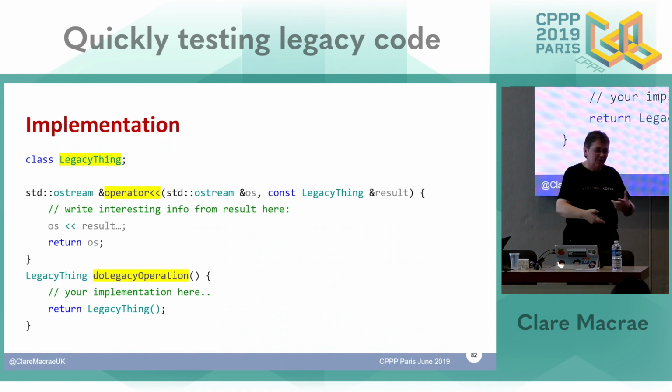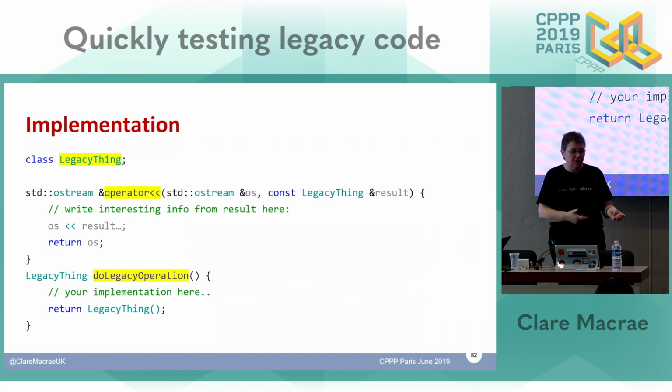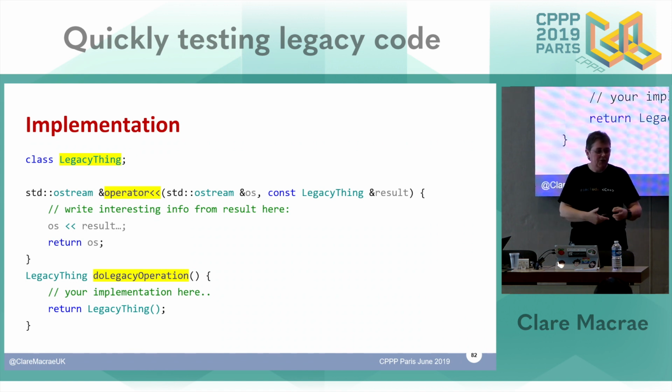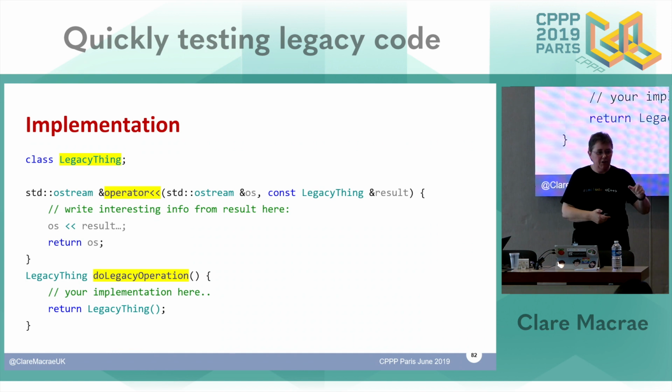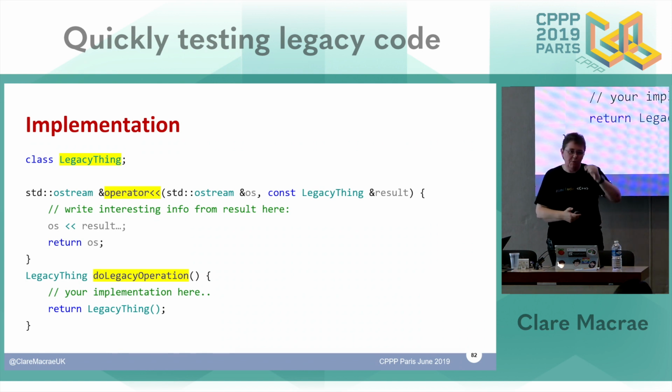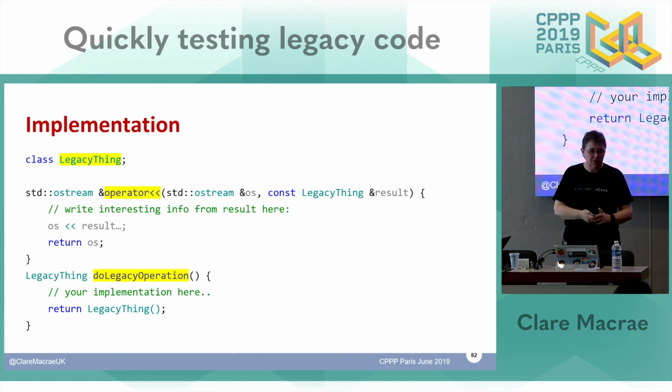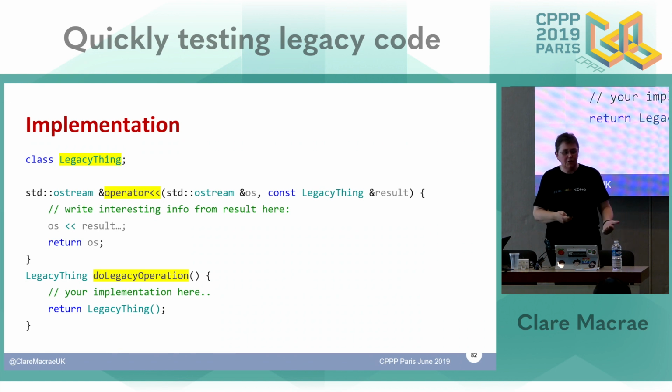An example of how you might implement this, obviously there can be no detail, this is sort of representing some arbitrary thing in your code, but say you've got a class, which I'm calling legacy thing now, you could write an output stream operator that says how to represent that legacy thing as text. And your do legacy operation would hide all of the implementation details of how you do that setup. It turns out via that toString page on the user guide that you don't have to use an output stream operator, and that's great for getting started, but as I said, it subjects you to the whims of future developers changing the format. So you can use simple functions or you can use lambdas.